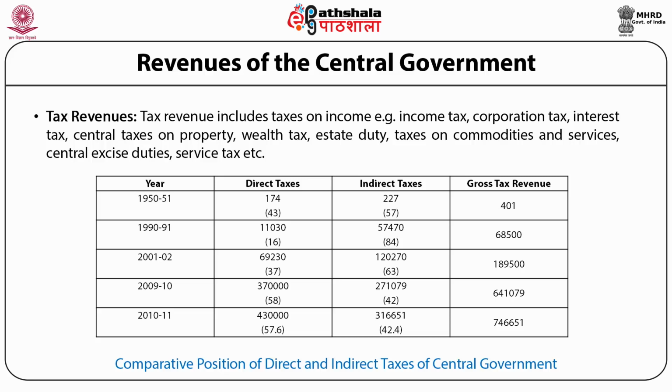But as we progress, we have seen that the direct tax collection has gone up. In 2010-2011, the direct taxes were 4,30,000 crores and indirect taxes were 3,16,651 crores. And the proportion of direct taxes was 57.6%, whereas the proportion of indirect taxes was